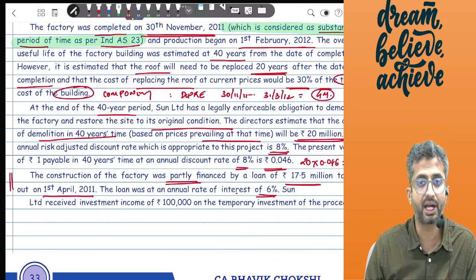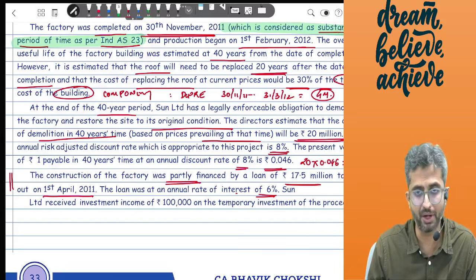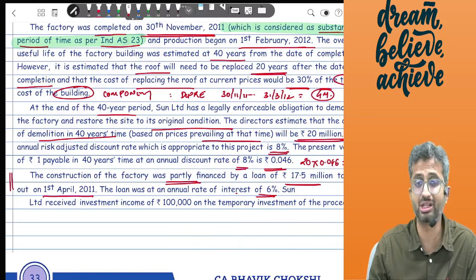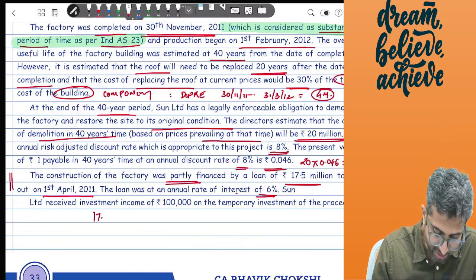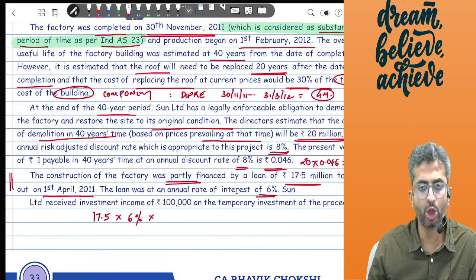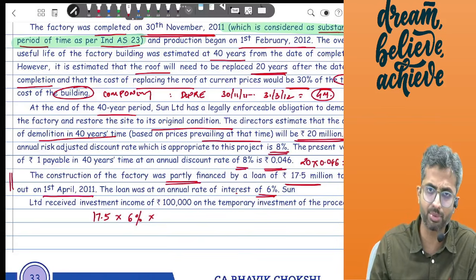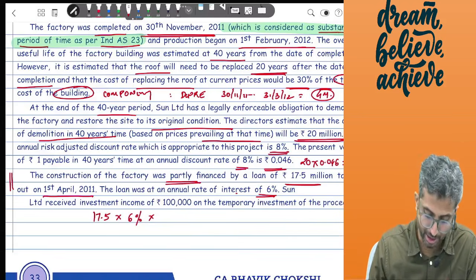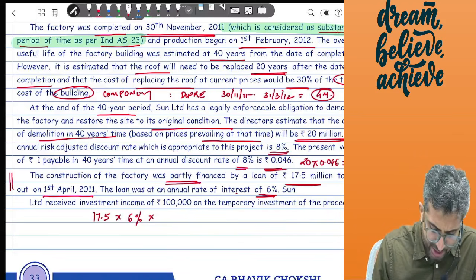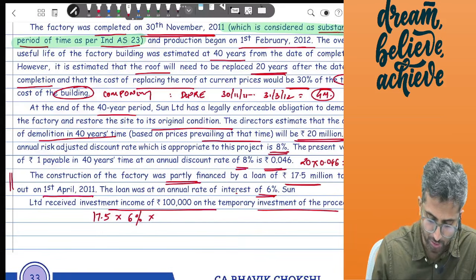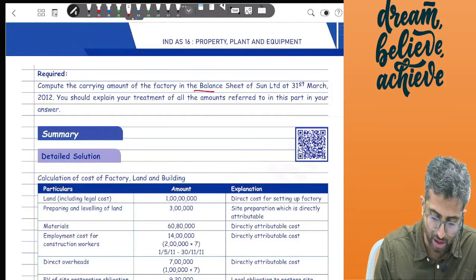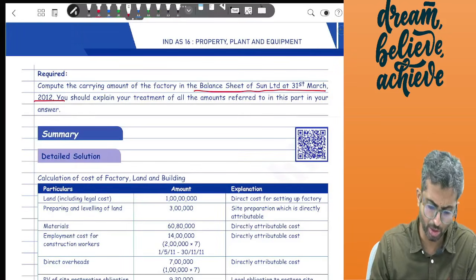And because it is a qualifying asset, borrowing cost that is incurred for the purpose of qualifying asset should be capitalized. So this is a loan which is taken for the purpose of construction and hence it is a specific borrowing. So basically 17.5 million is the loan amount into 6%. However, this loan might be in existence from 1st April, will probably continue for the entire year, but how much borrowing cost should you capitalize? Question says Sun received investment income of 1 lakh on temporary investment of the proceeds, and you are required to compute the carrying amount of the factory as on the balance sheet date on 31st March 2012, showing treatment of